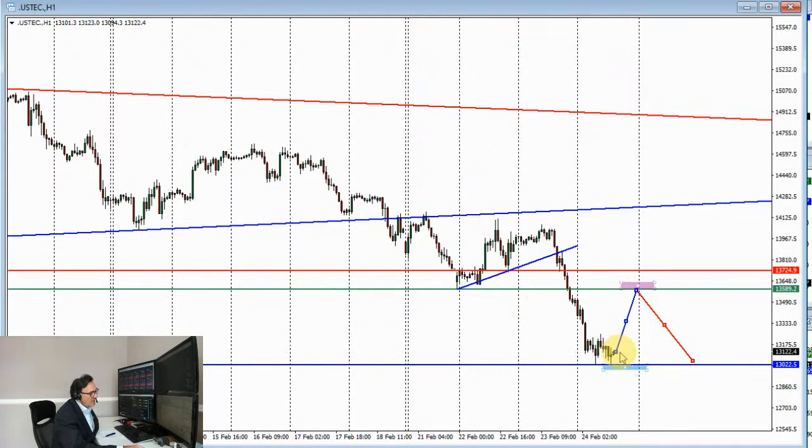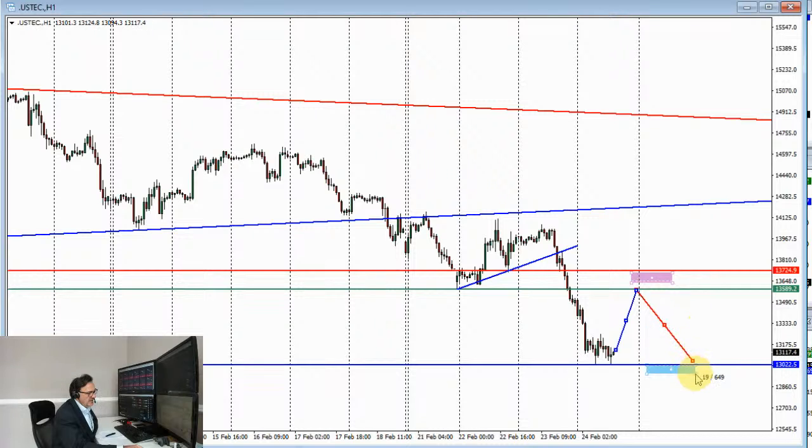So if we see an oversold rally from these current levels into that area, I would be a short seller at 13,590 with a stop at 13,725. So this would be the amount of risk that I would look to take, and then I would be looking to take profit down here towards 13,000 again. So this area here would be my take profit. So from the risk to reward ratio point of view, I have multiple amounts of risk for the potential take profit that I'm expecting on this setup.